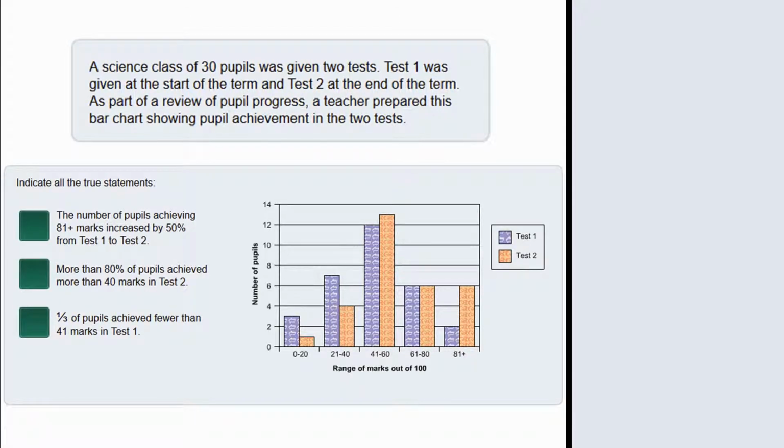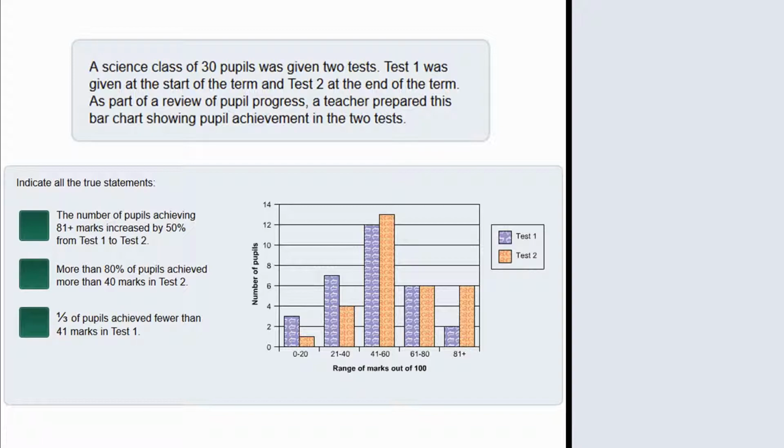In this question we are given a bar chart representing the Test 1 and Test 2 marks of 30 pupils, and the question asks us to indicate all the true statements. The first statement claims that the number of pupils achieving 81 plus marks increased by 50% from Test 1 to